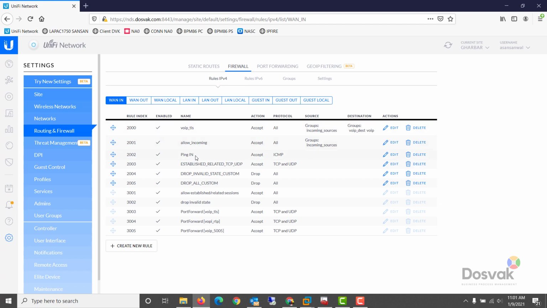Next one we want to allow: even a ping is a bidirectional communication. You send a ping request and you get a reply back. So when I allow a ping in, it's just the reply part. We are not allowing a ping in, like somebody being able to ping into your router's WAN interface. But just when an internal machine pings out, the reply for that should be allowed to come back in.